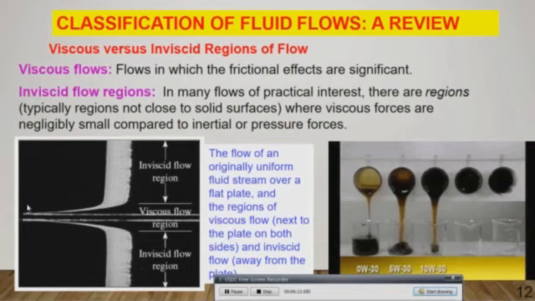For example, this one may come from a very small inlet, some sort of nozzle, at very high speed. Because of that, the flow here will be considered viscous flow, very much affected by the viscosity. But at a certain distance from this region, you can consider it inviscid flow, which is not much affected by the viscosity of the liquid itself. It still has viscosity, but the viscosity is not so important in this case.